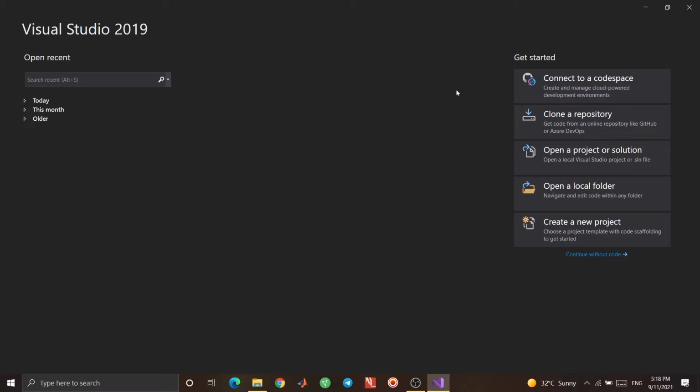In this episode, we're going to learn Windows Form applications, and we will become more familiar with different elements of Windows Form and some